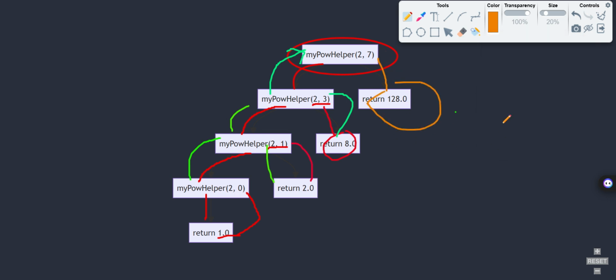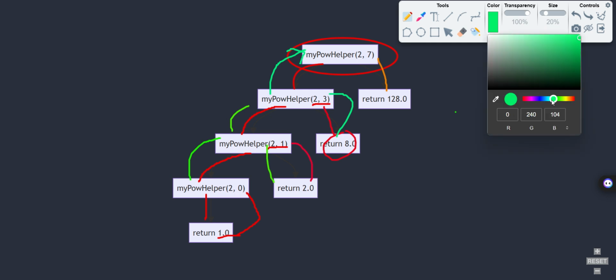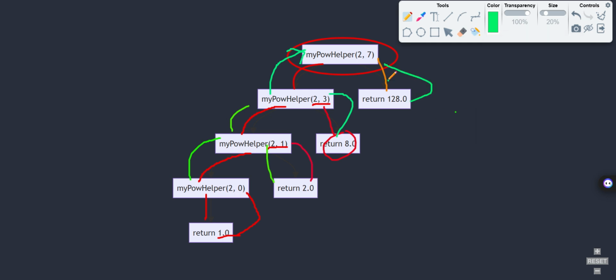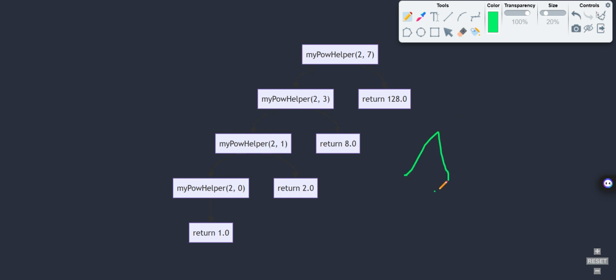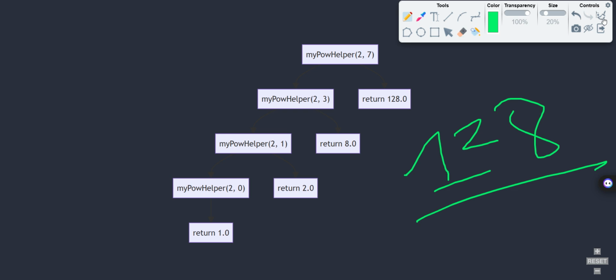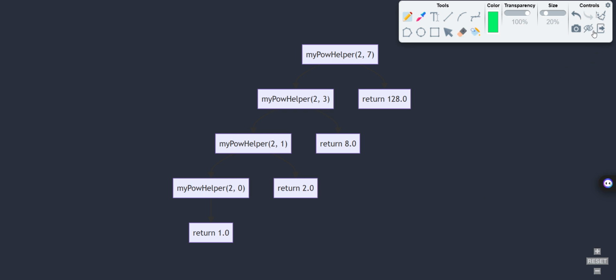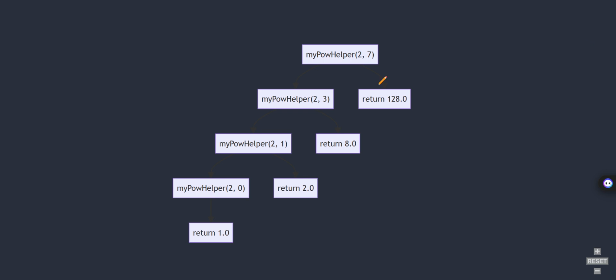It's going to call this, and it will return the same thing. So lastly we're going to have 128 here, and it is pretty simple. Okay, but let's see what it changes when we